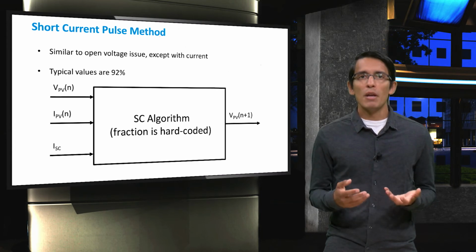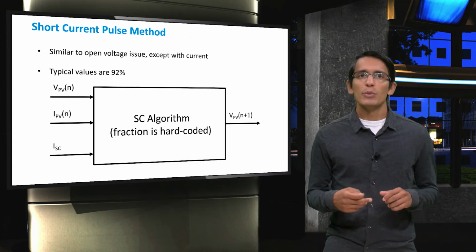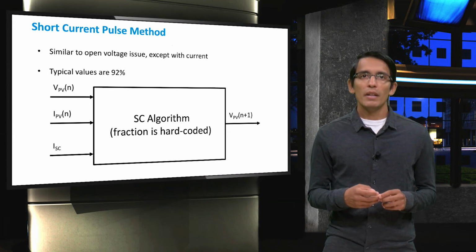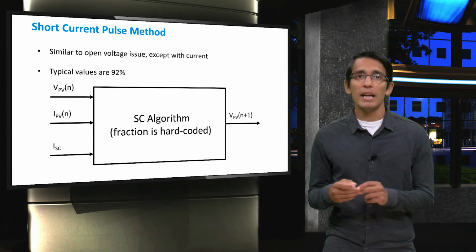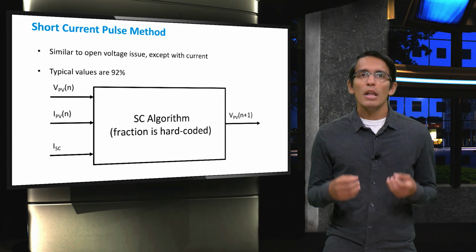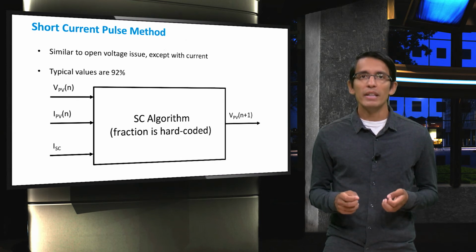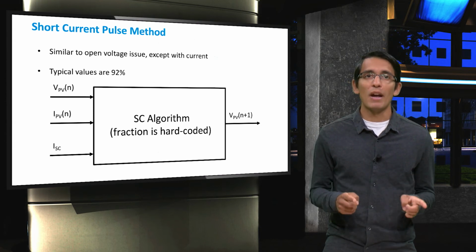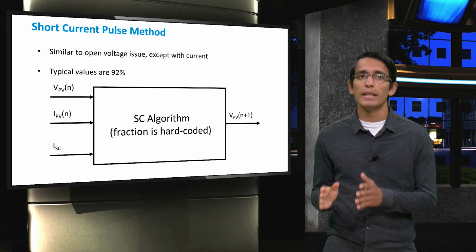So the input for this method is the short circuit current as well as the operating current IPV. The algorithm will check to see if the fraction of IPV to ISC matches the hard-coded value. Furthermore, the operating voltage VPV is necessary, and it will increase or decrease that voltage depending on the fraction of IPV to ISC. So, to recap, you learned about 3 different MPPT techniques today: